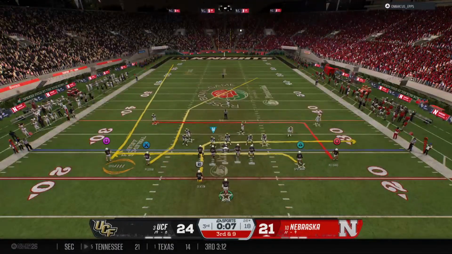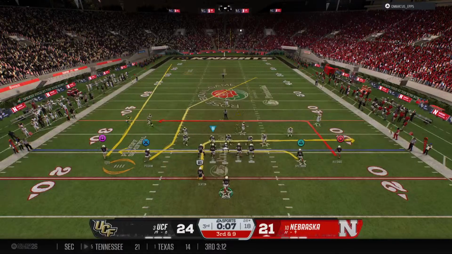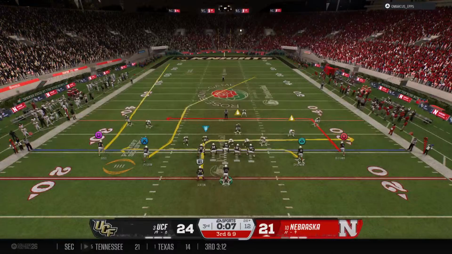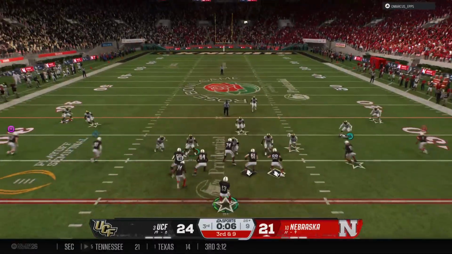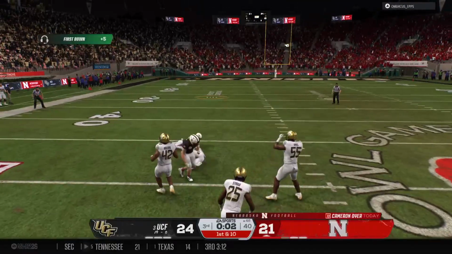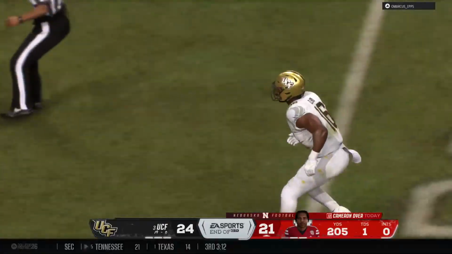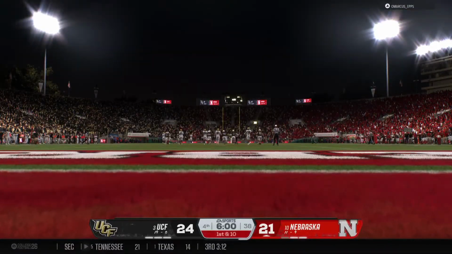The offense will line up. Drops back, looking to throw for it on 3rd down. Catch made in space. Look out. They bring him down, but that's enough for a 1st down as the clock runs down here in the 3rd